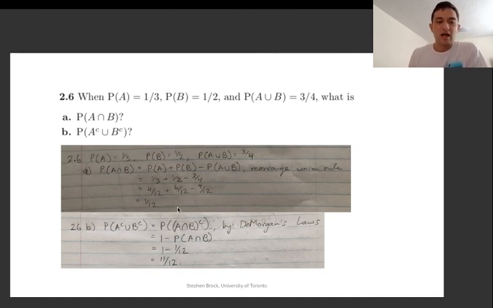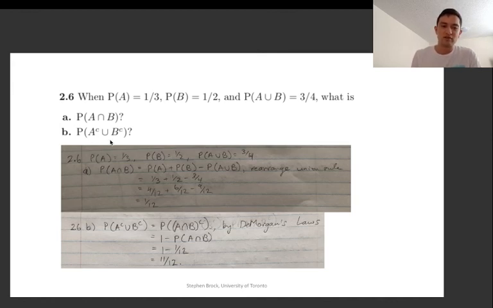So for part B, a higher level thinking is to notice that you could use the De Morgan laws here. De Morgan laws are less intuitive, I guess, or less easy to visualize. But if you draw the diagrams of the De Morgan laws, they are pretty easy to understand. But anyways,